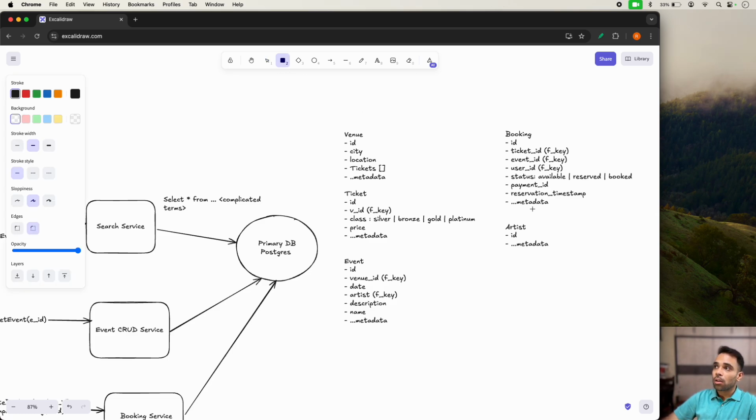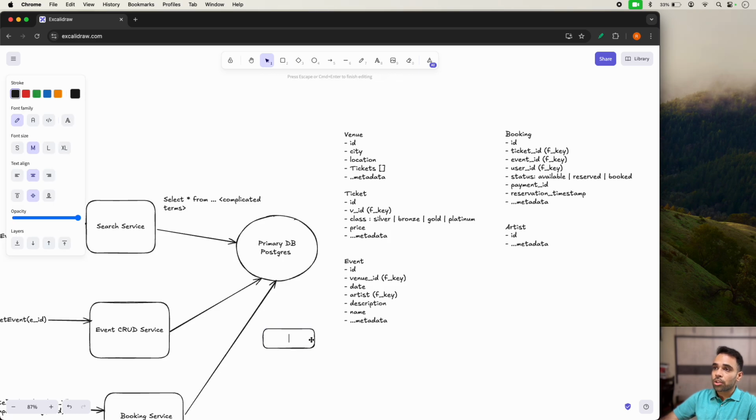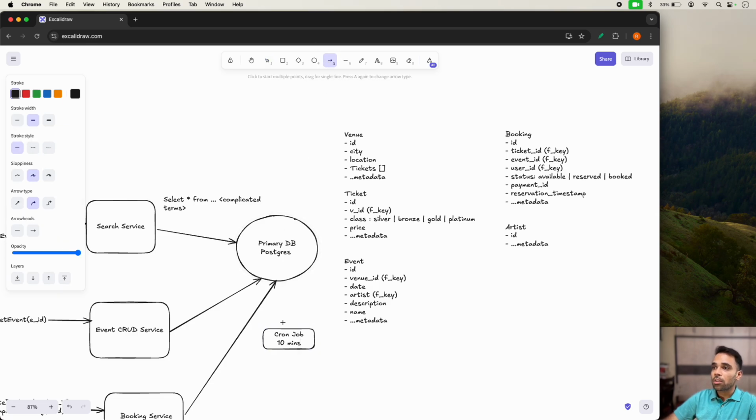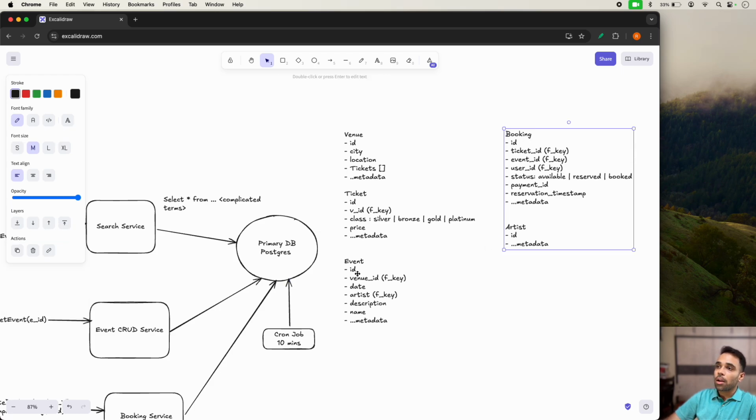Another solution following the same line of thought is that we have a cron job here, which, let's say, runs after every 10 minutes. And this cron job queries all the tickets, all the bookings in this particular table. It does the same work, which is checking the timestamp of that particular reservation. It checks the current time, and if any ticket exceeds that time window, that time difference, it marks that particular ticket as again available. Again, the problem here is that